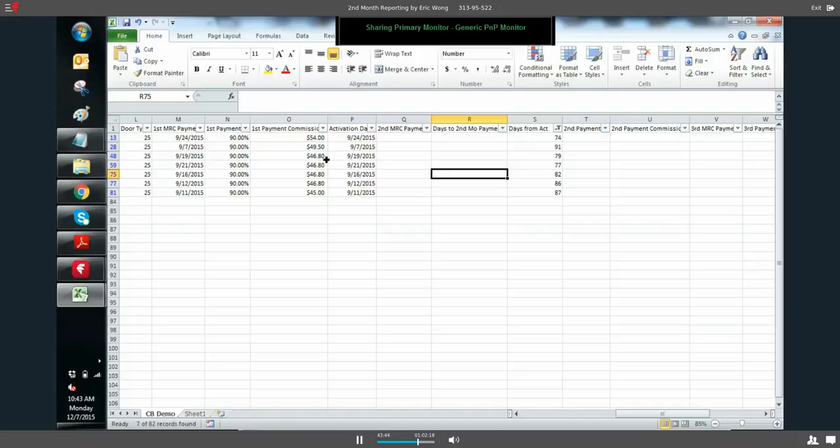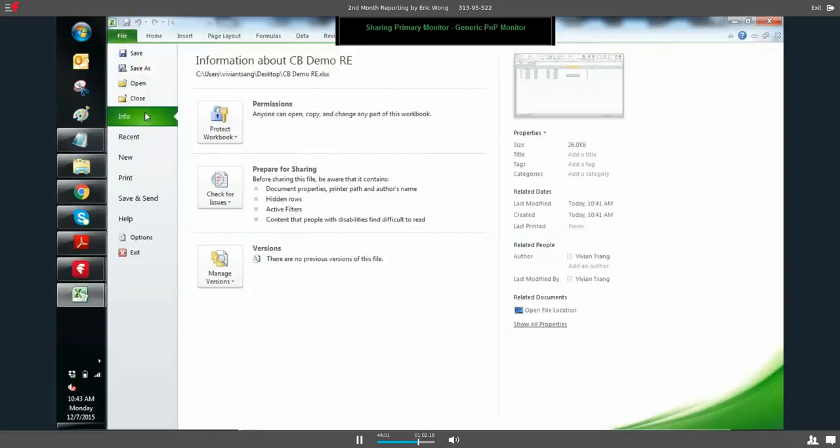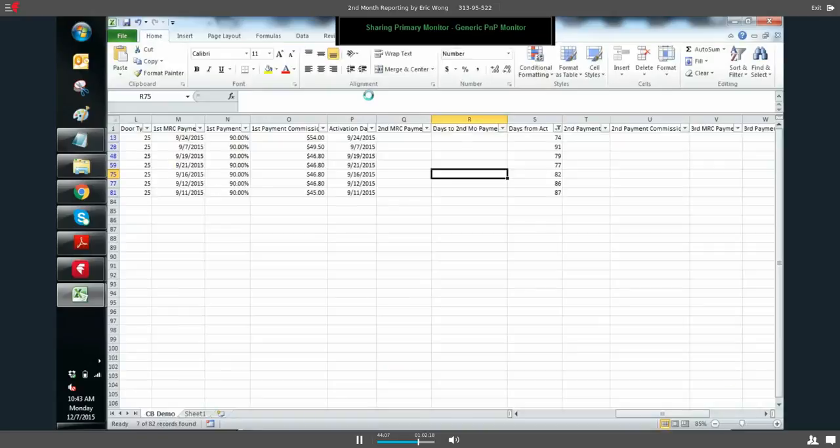So certainly I get exactly where you're saying. I've heard it before, and this is a little bit late. If they really want to track their activations, certainly I think the sales portal has some information, but they'll know what they get paid on through ePay by pulling the commission reports off of there. I'm pretty sure it has the phone number. If you want to just build a database of